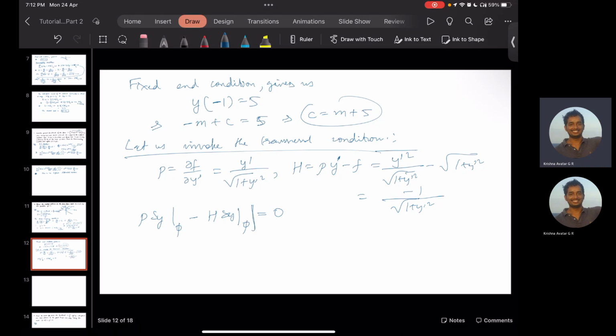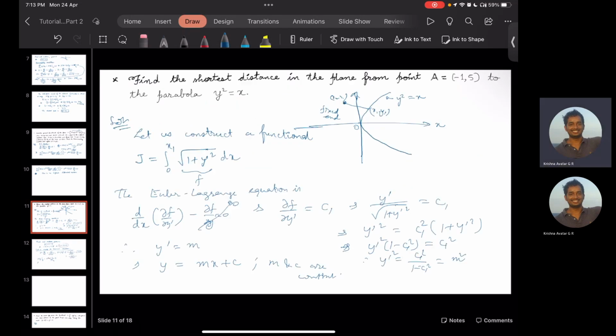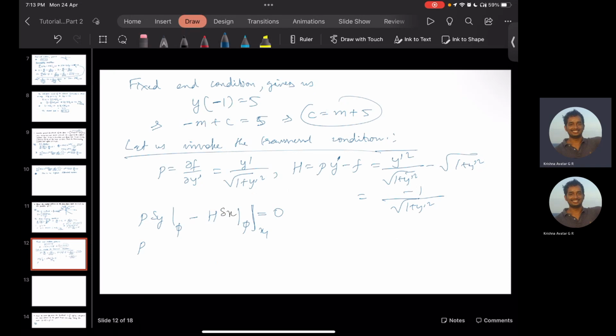Okay, and then both at say x1. Okay, now what is in this? There's h delta x. Okay, so what we do is we can write p into del y as d phi, or in this case, let's just parameterize it. Okay, so let's just call it d y by d some t,